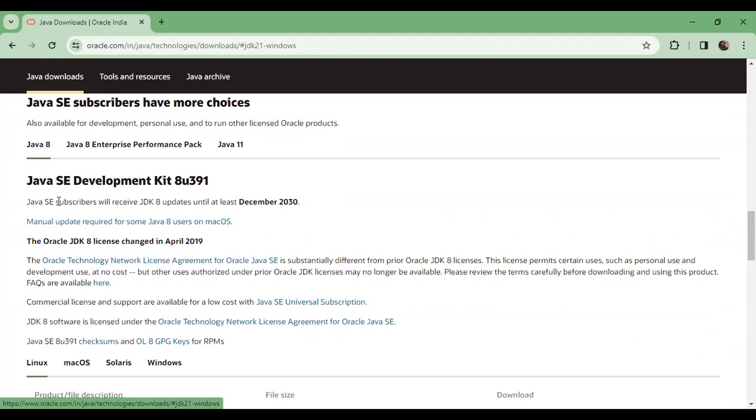For developing Windows applications, it also provides this number, 8u391. So this is a version. Version in the sense that this number shows how many times they have given updates. Why do they provide updates?